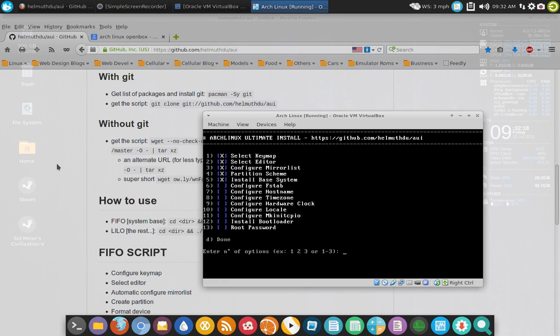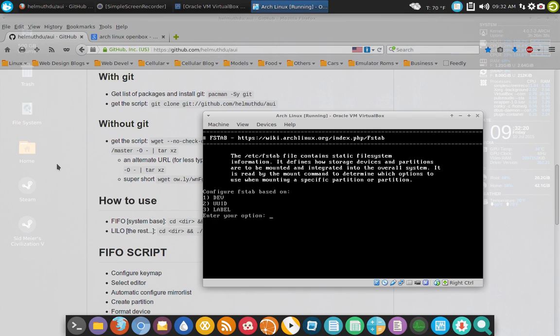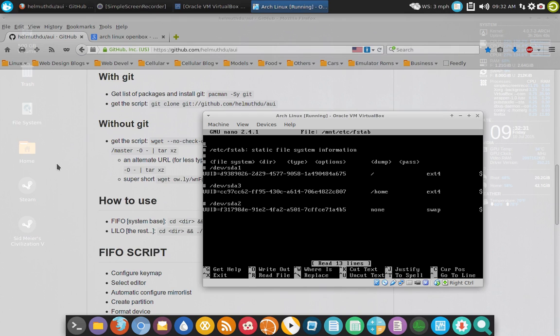See how fast? Number 6, Fstab. There's the standard dev or UUID or label. I would do number 2. UUID is fine. Hit enter, goes into it just to check. Now, if you have an